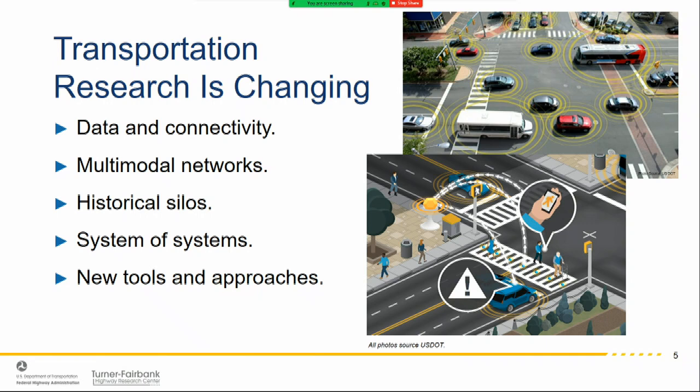When we're making a design change to a roadway, you can't just think about the safety impacts. You also have to think about the operational impacts. We also have to think about the equity impacts. Where are we putting this new road or this new redesigned road? How is this going to affect different communities? We have to think about the environmental impacts. We have to think about whether or not it's going to be resilient. So it's all important that we start thinking about all these things together, not just as a safety issue